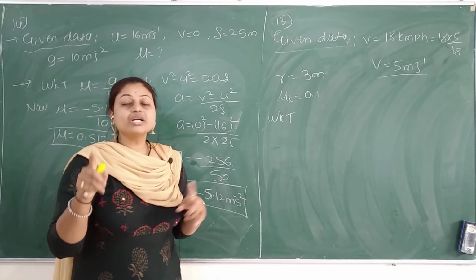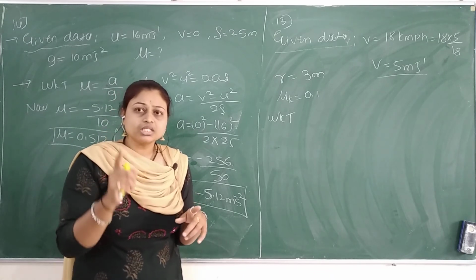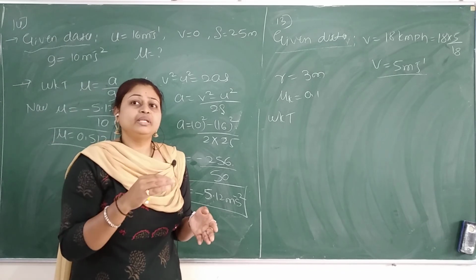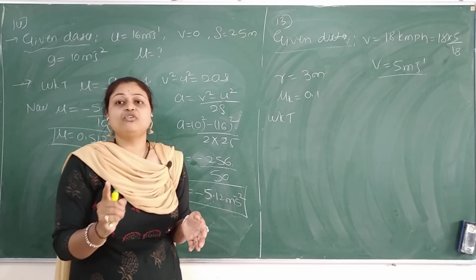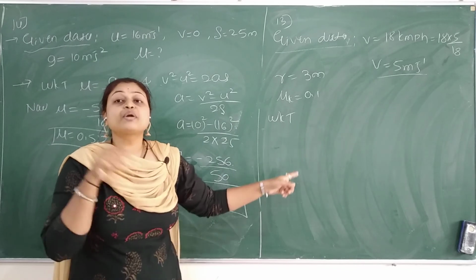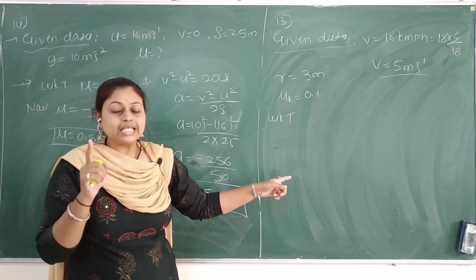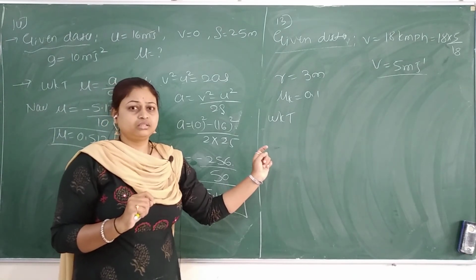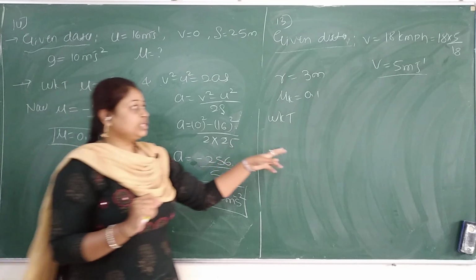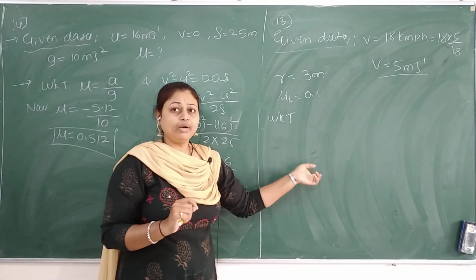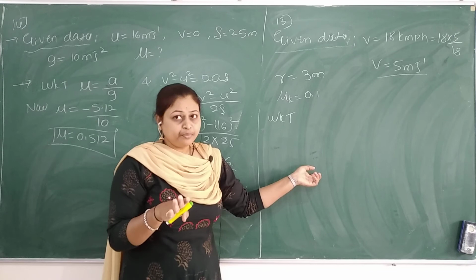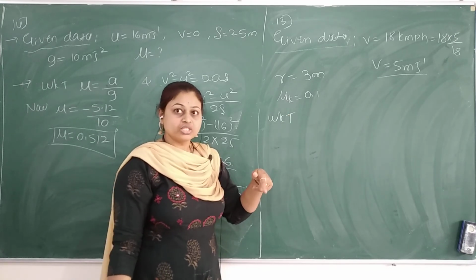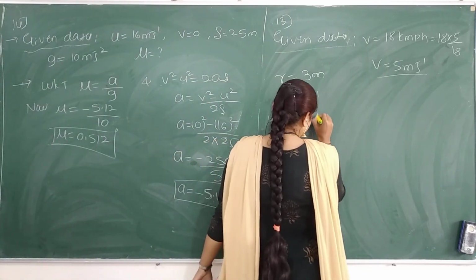To prove this we have a condition. What is that condition? Listen carefully. In a circular path, if any object, person or vehicle is moving, it requires what? Centripetal force. And here that centripetal force is provided by what? Frictional force. Yes or no? Dear students, can you hear? A vehicle is moving in a circular path, a cyclist is moving, he must require what? Centripetal force, and that centripetal force is provided by what? Frictional force. Then we have a condition.